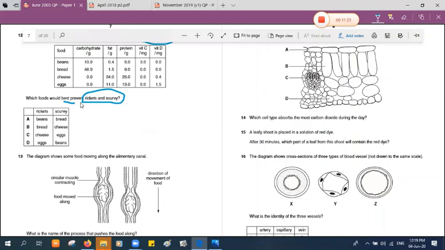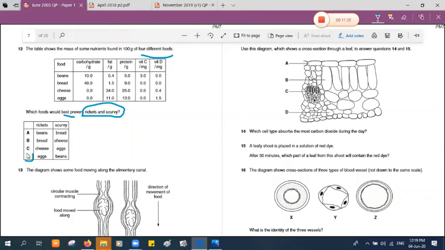Excellent, Jana. Thank you for your effort, and Rahma's effort too. So the right answer will be D. Okay, rickets is when your bones are soft, and scurvy is when there is bleeding in the gums. These 2 diseases we call deficiency diseases, due to the deficiency of vitamin C in scurvy and vitamin D in rickets. Okay,